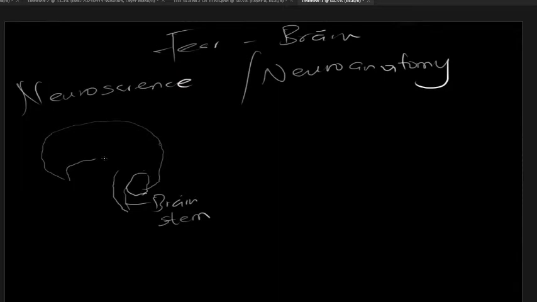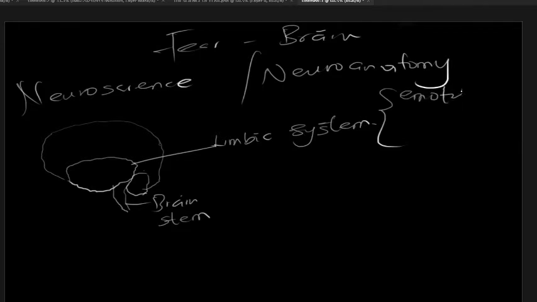The region that we are more interested in is the limbic system. This is the region of the brain that controls emotions and motivations. We can have emotional association to memory. But our main focus is going to be inside this system,